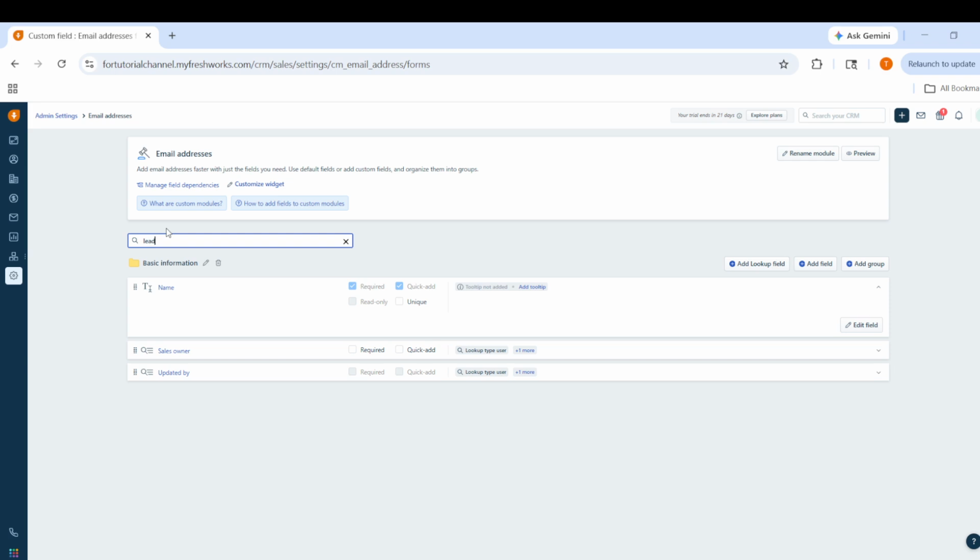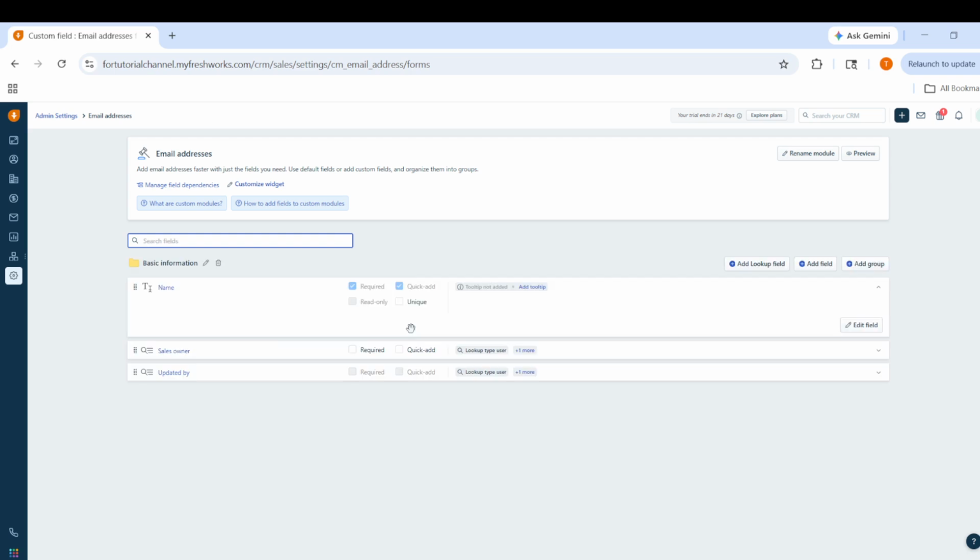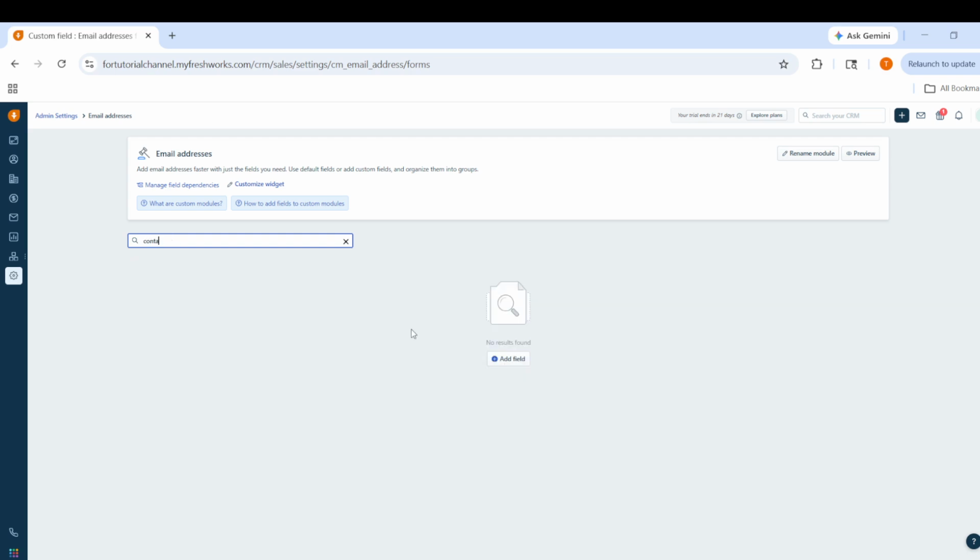Now that you are viewing the Leads module, find and click the Lead Stages tab. This tab is where Freshsales lists the different stages that leads can go through, such as early interest, qualification, or any other step you use in your pipeline. Selecting the Lead Stages tab is the key step that takes you from general lead settings into the actual stage management area. Once you are on the Lead Stages tab, you should see existing stages, if any have already been